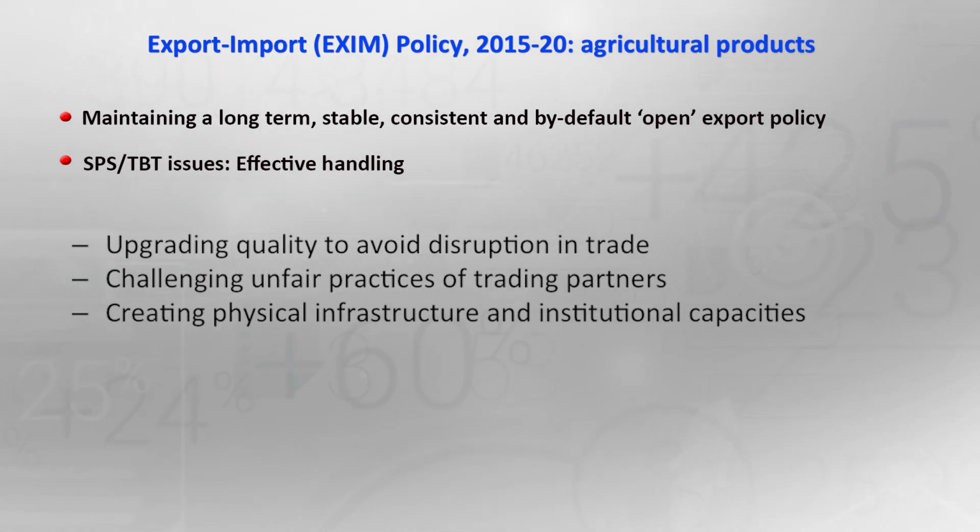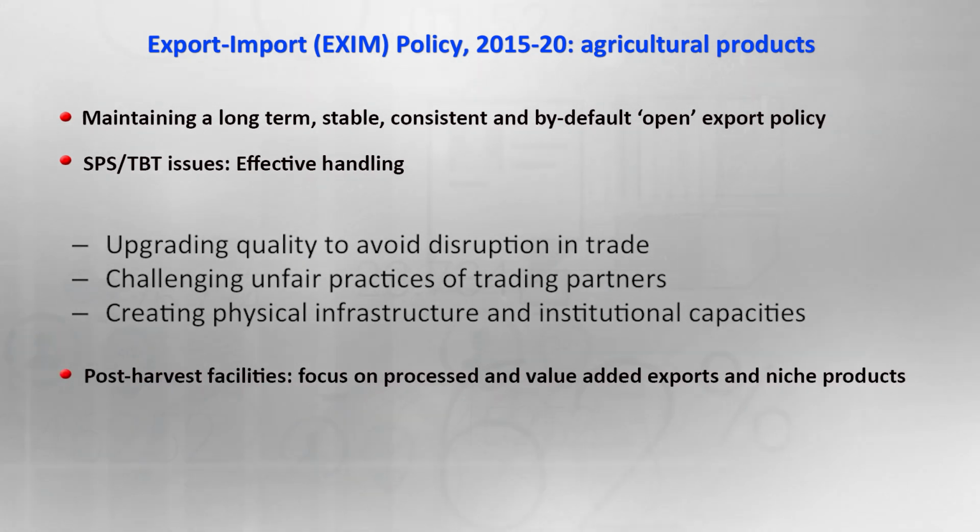this 2015-20 EXIM policy. And for the agriculture sector, basically there should be a focus on post harvest facilities, that focus on processed and value added export and niche product export from the country. And for that purpose we need to provide post harvest facilities such as cold chain facilities, transport logistics, silos with temperature control mechanism, the pack houses, the integrated post harvest facilities and centers in the